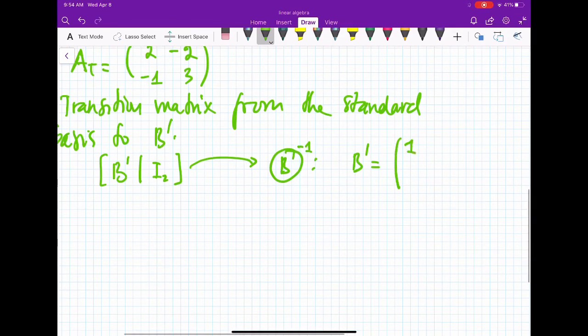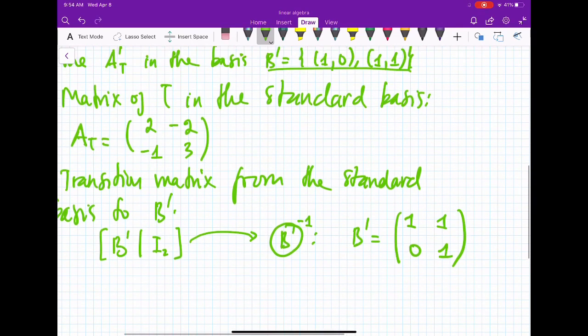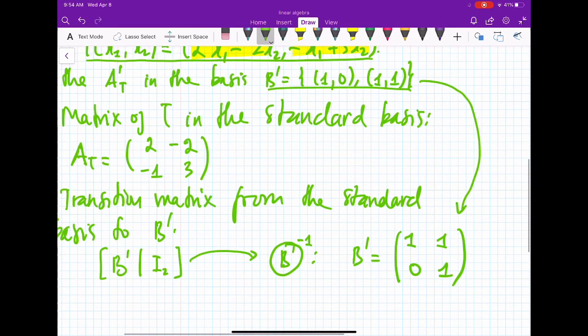Is the 1 0 and 1 1. So I write vectors in B prime in the column form. I need to find the inverse of this matrix. Make sense? All right, so